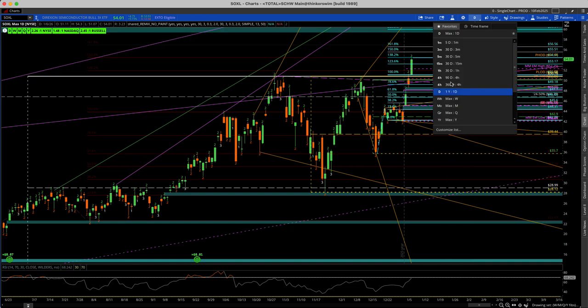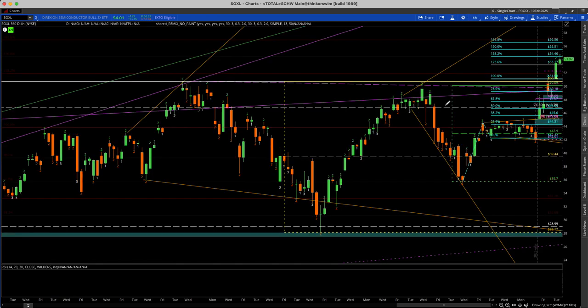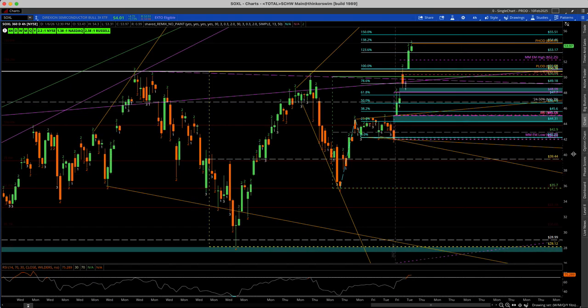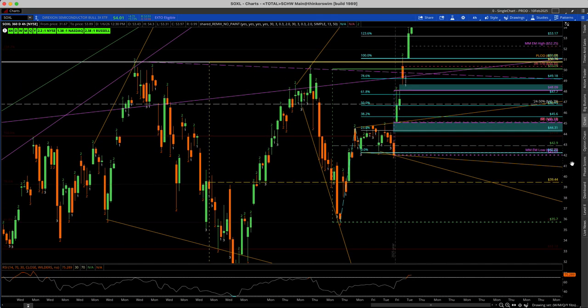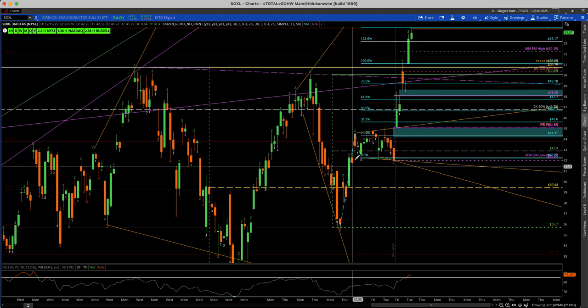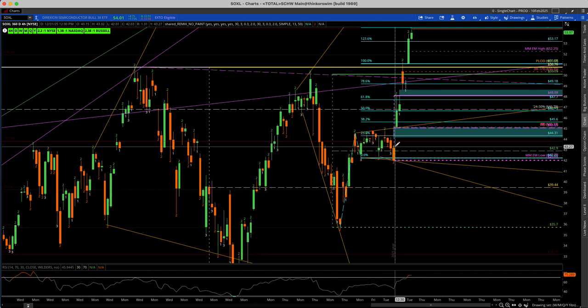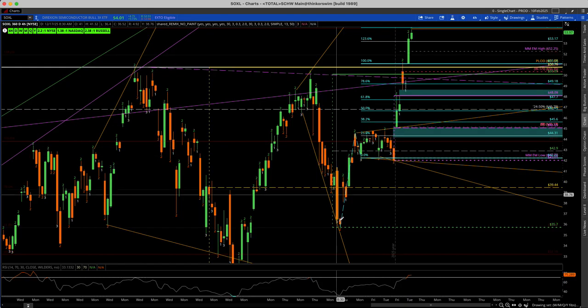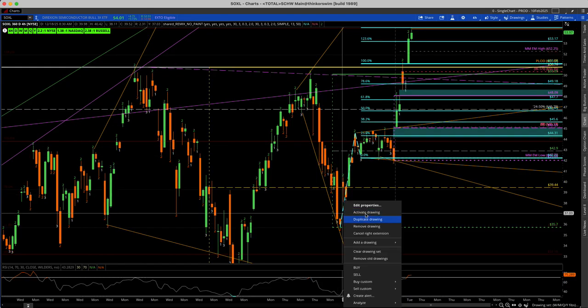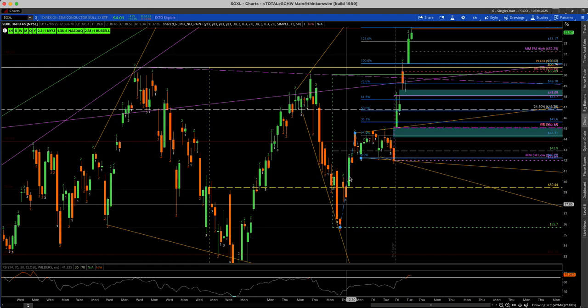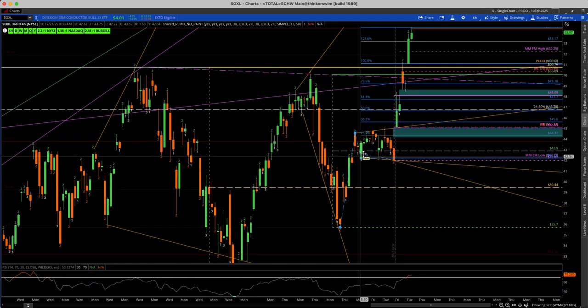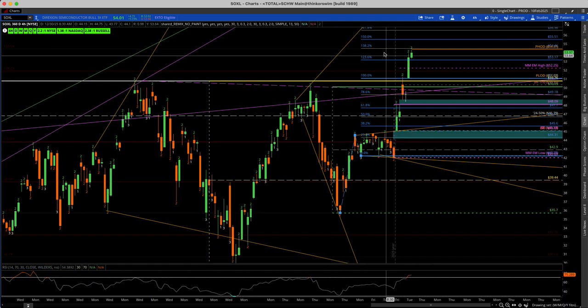Let's go back to this 4-hour chart so we can see it a little bit better. You can see we had this basically bull flag action, right? We had this flag pole here, and then the flag right here. From there, that's what we drew this fib extension, right? So we've got there to there, and you can see these fib extensions that have gone up, and you can see we've gone right to the